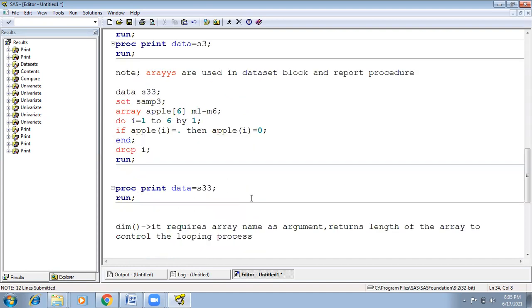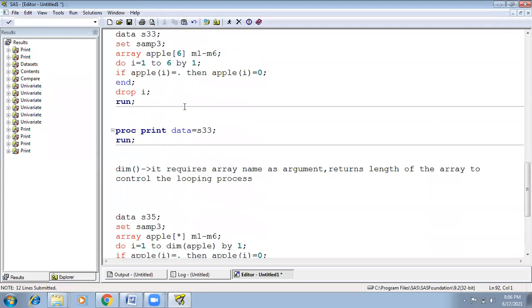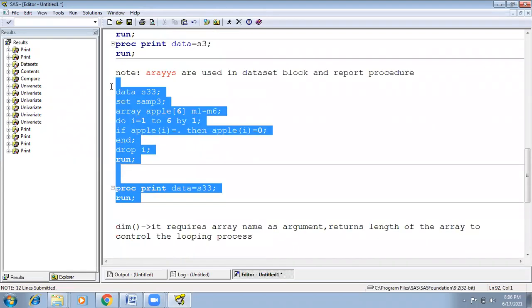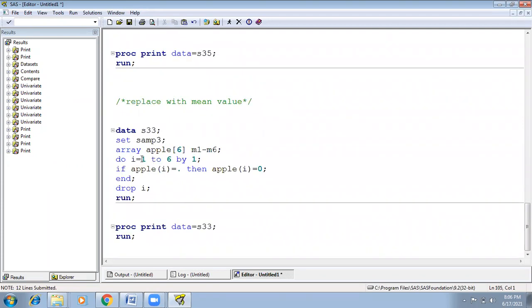We'll see now. I want to replace with the mean value. Same as the previous application, we just have to change here. Instead of 0, replace with mean. What is the function of mean?